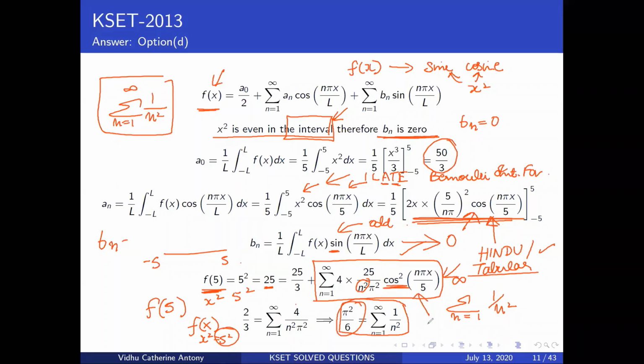Because it's a cos squared. So even if you have, if this was -1 whole power 2, right? If you have a cos of n pi, you write it as -1 whole power n, right? So if you write cos squared, what do you get? -1 whole power 2n. It's going to be even. So whatever you do, you get a +1. So I think we've done a lot of problems based on this in the BSc course.